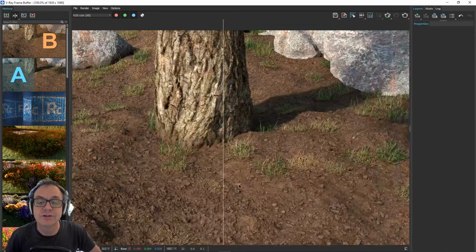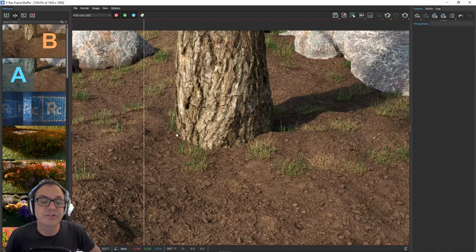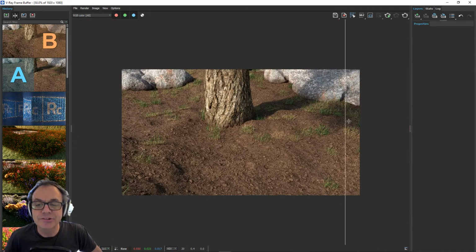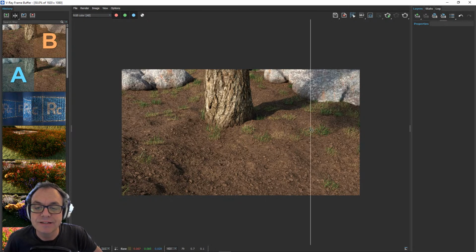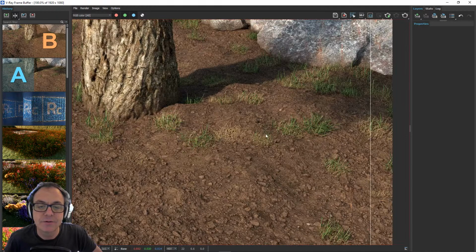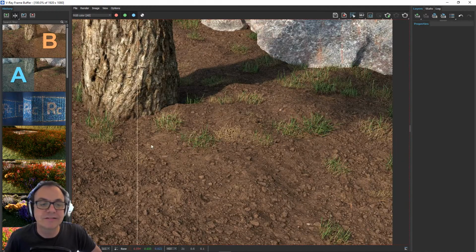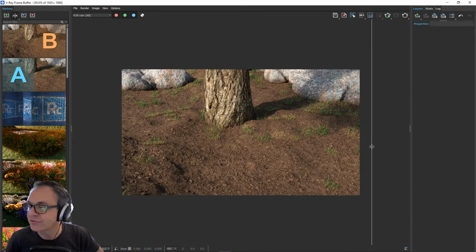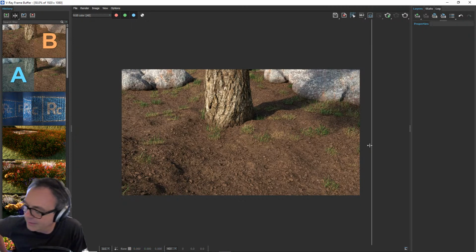Look, you can see the trunk here with its quite artificial transition. But then with this map applied, you can see it blends much more smoothly. It's just a quick hack really to get this stuff to fit together a little bit more nicely. Hopefully that makes some sort of sense, and I found that a particularly interesting question that we got asked, so I quite enjoyed trying to solve that one.